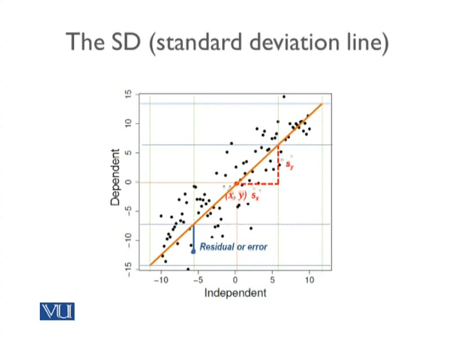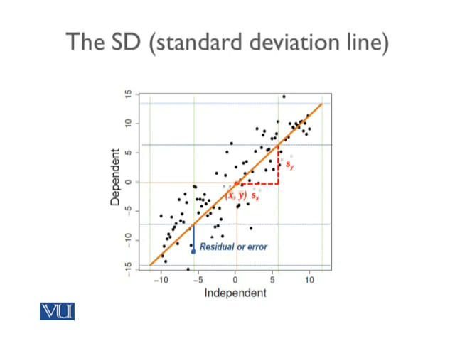You must recall from your earlier studies that a line can be specified as y = mx + c, where m is the slope of the line. So in this case, we have a slope of the standard deviation of y divided by the standard deviation of x. That would be s_y divided by s_x, the slope of your SD line.